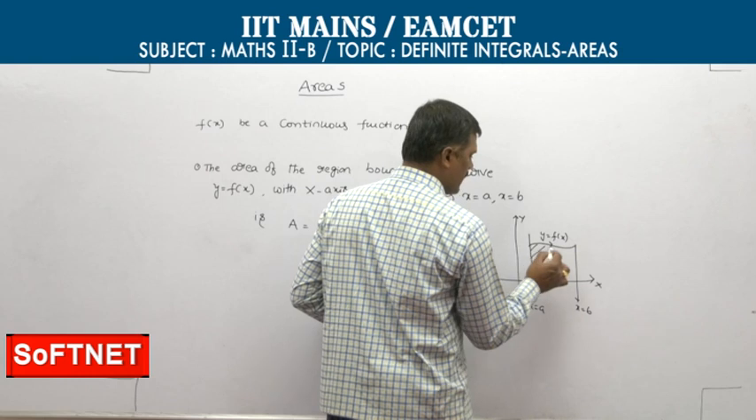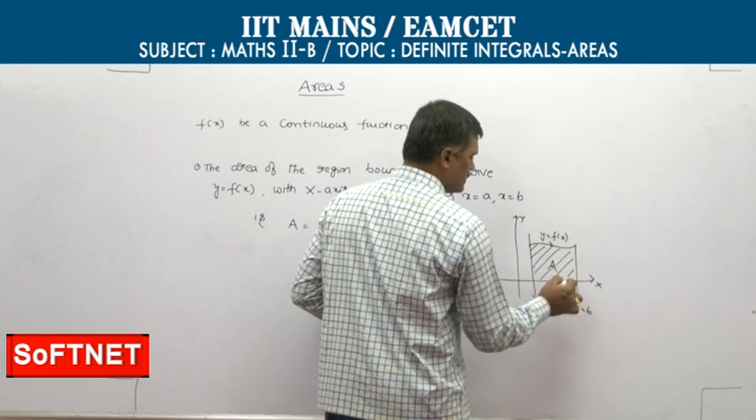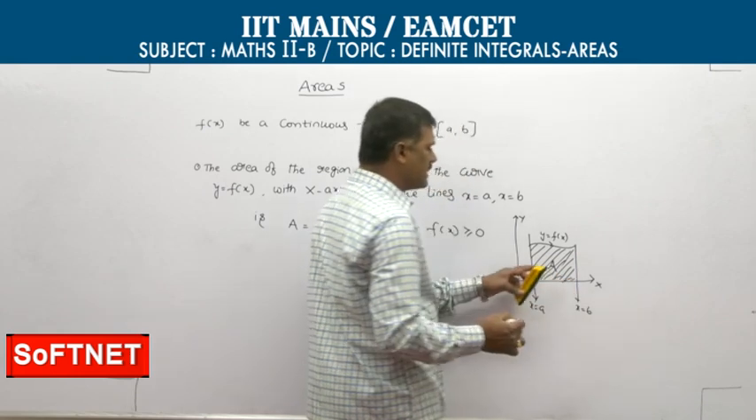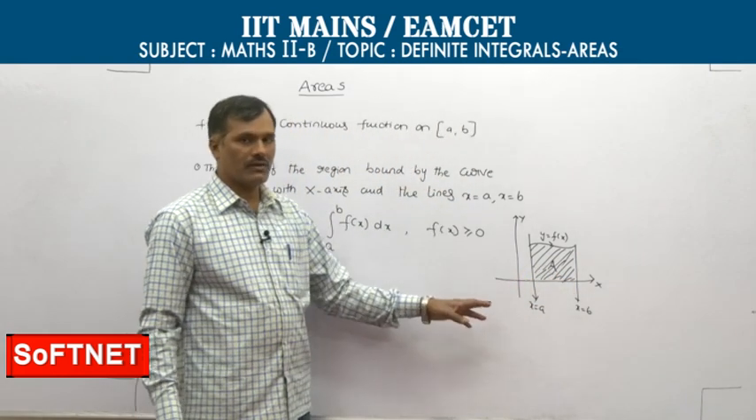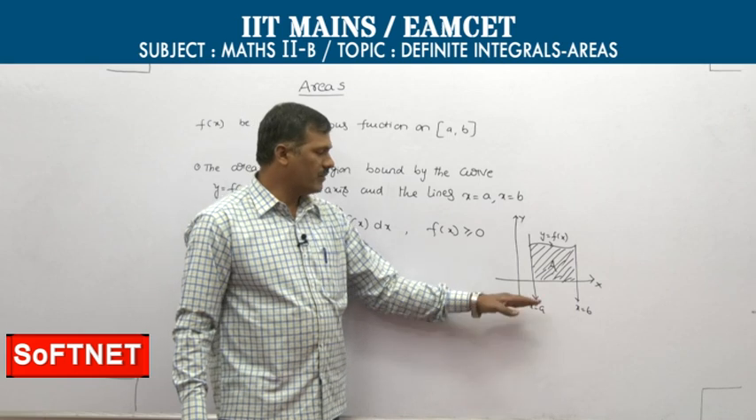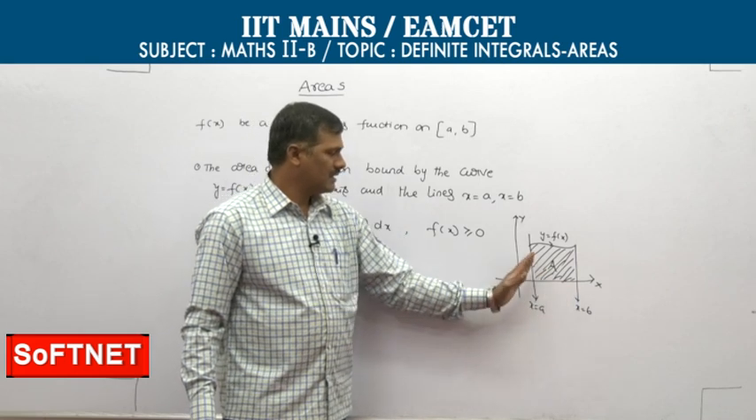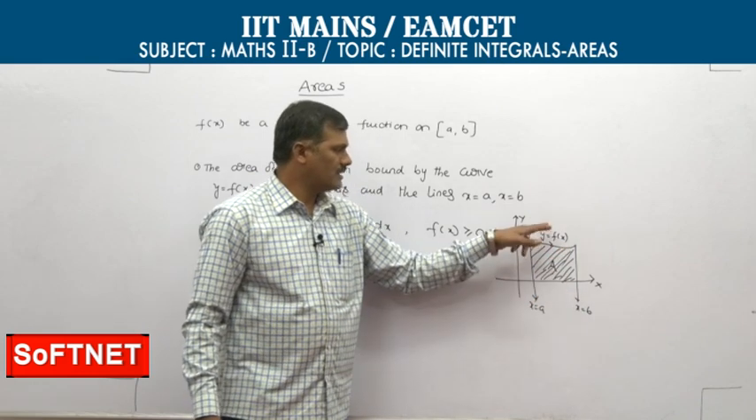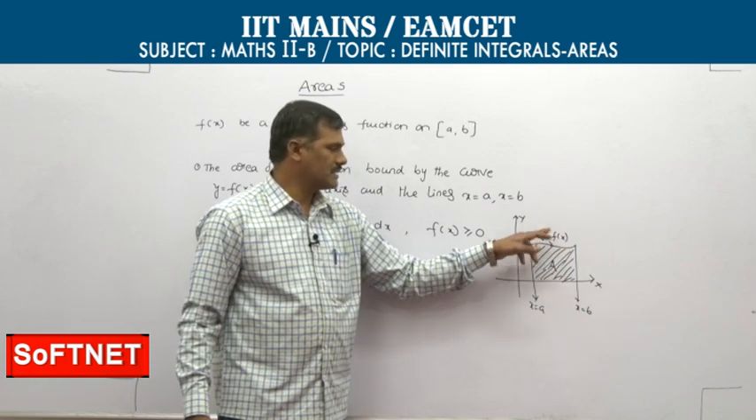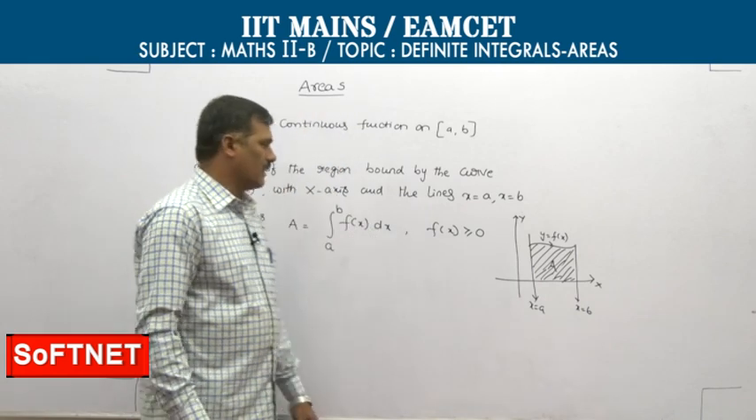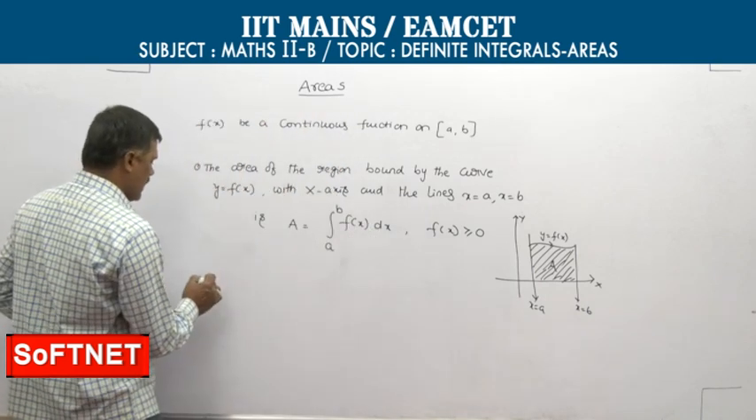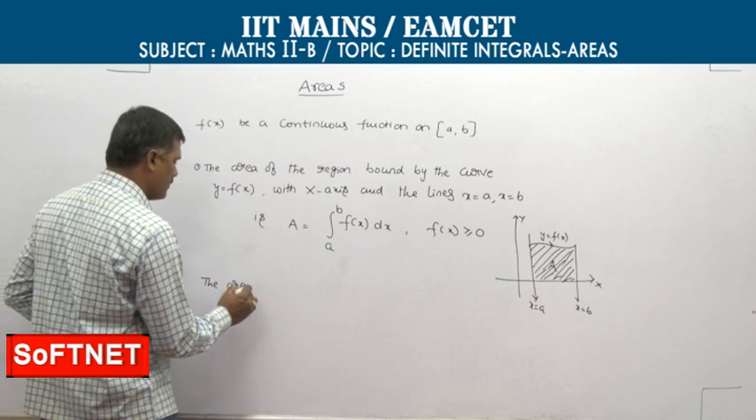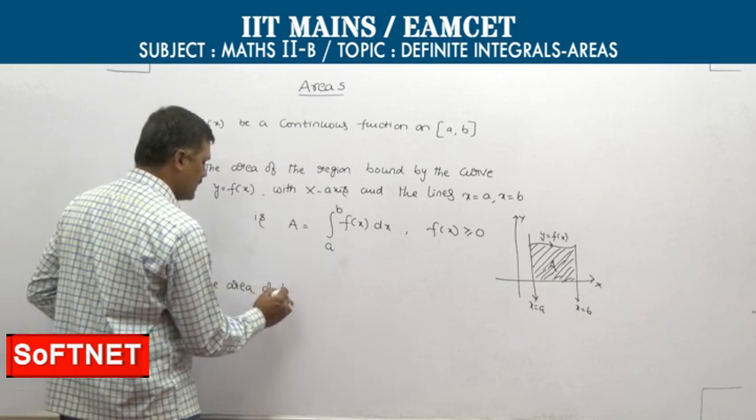This is the required area we have to find. This is above the x-axis. To find the area of this region within the limits x is equal to a, x is equal to b, and the given curve y is equal to f of x with the x-axis, the area of the region